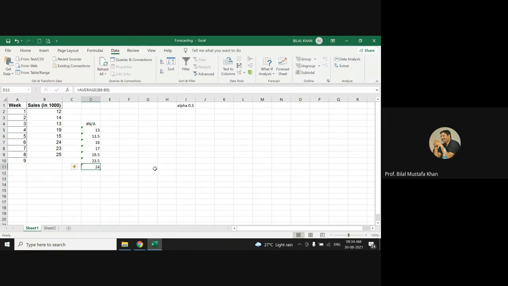So the last value will be for the ninth week. If you want to remember it this way, you can do it this way. So your last value will be for the ninth week. So for the ninth week, the value is going to be 24. But since you may be asked to do some further computation, what is the best way to do it? Just cut,